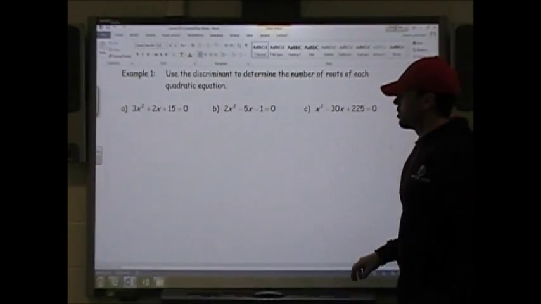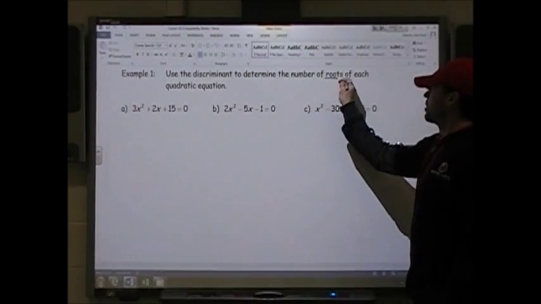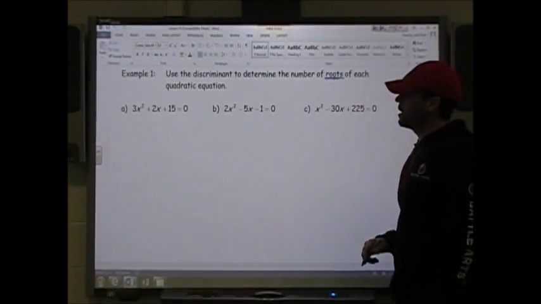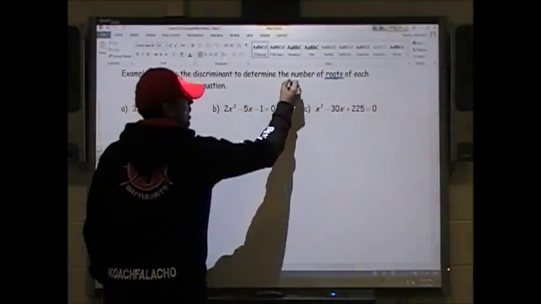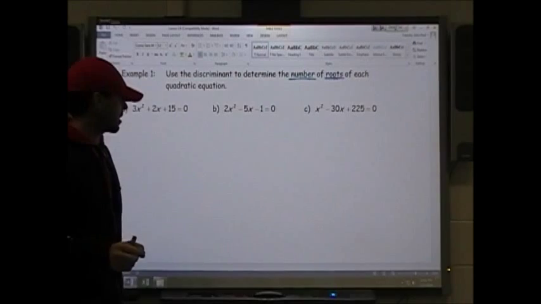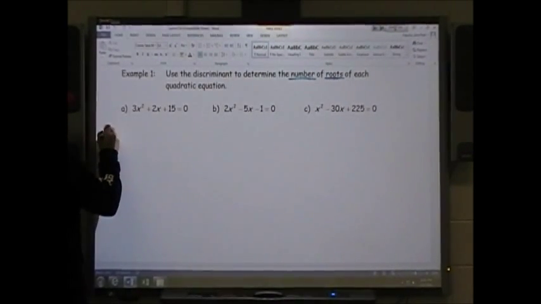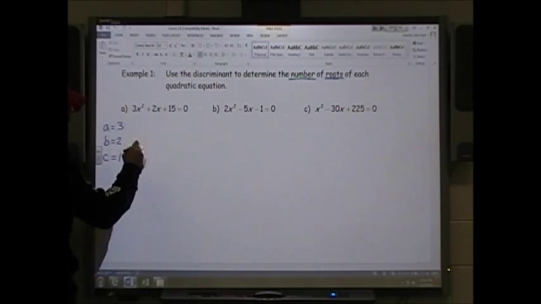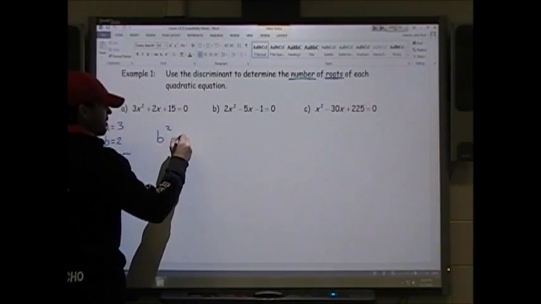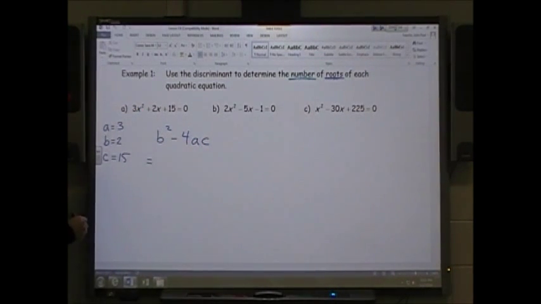So example 1 says, use the discriminant to determine the number of roots, or x-intercepts, of each quadratic equation. I just want to know how many. It doesn't ask us what the roots are, just how many times it's going to cross the x-axis. If I take a look at this, my a value is 3, my b value is 2, and my c value is 15. So using the discriminant, which is b squared minus 4ac,